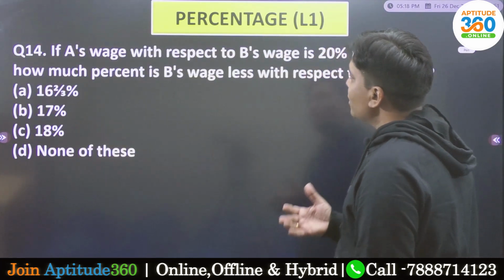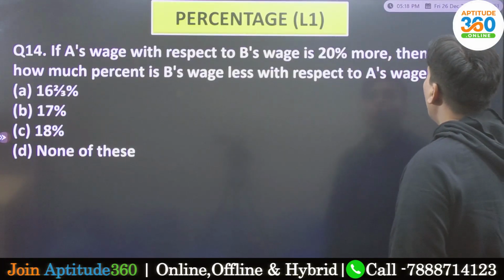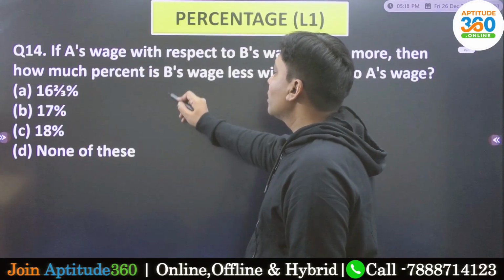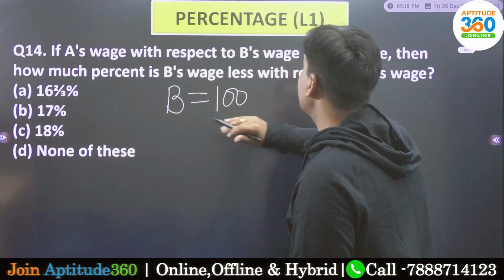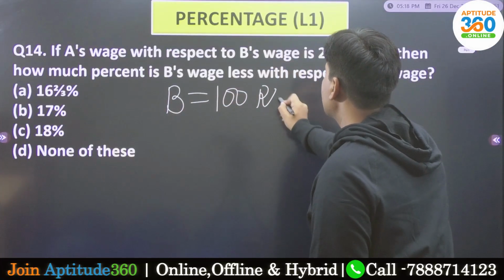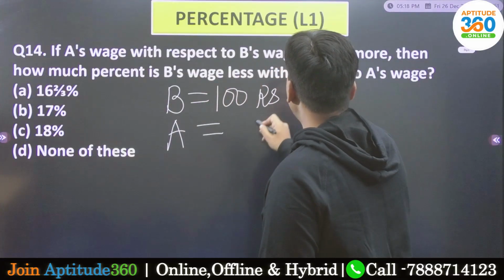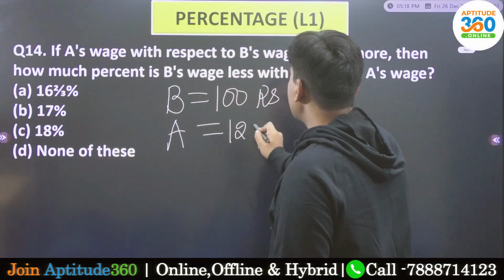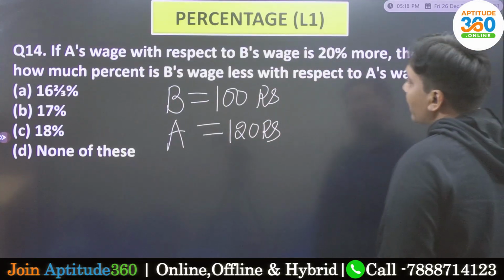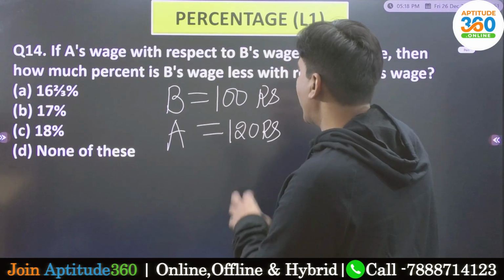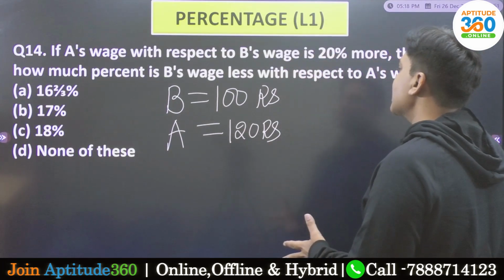If A's wage with respect to B's wage is 20% more, so the value of A is getting compared with value of B. तो मैंने क्या किया, B को लिया 100 rupees. What is going to be the value of A? The value of A certainly is going to be 20% more. Let me read the problem again. If A's wage with respect to B's wage is 20% more, then how much percent B's wage less than